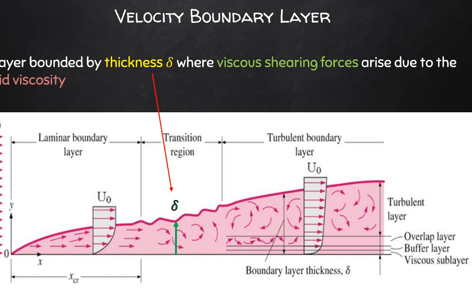Initially, flow is laminar from the tip of the plate to some distance x critical, where after the flow regime transitions for some distance x until turbulent flow has been established. In this velocity boundary layer, there are still laminae present very close to the flat plate surface, that remain laminar for all distances of x,